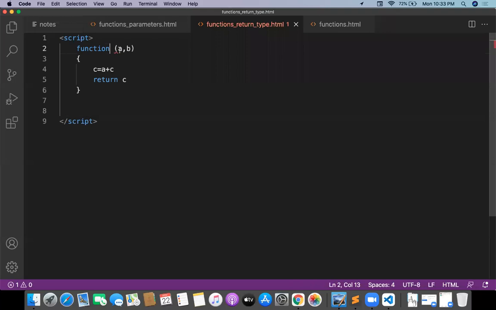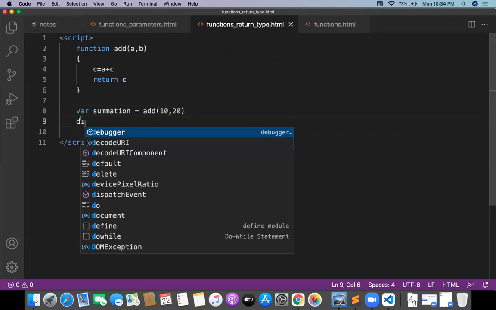I'm calling the function called add, with 10 comma 20. And this value is going to be returned now. c is nothing but a plus b, and the return value is c. And this add function returns some value. That value is going to be stored in summation. Summation is equal to add.